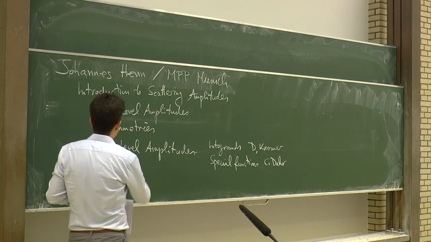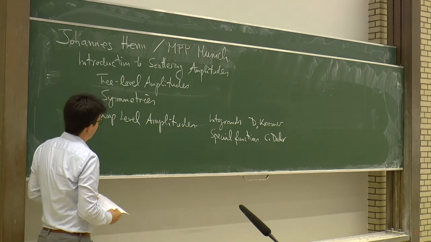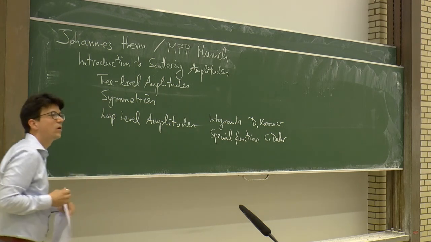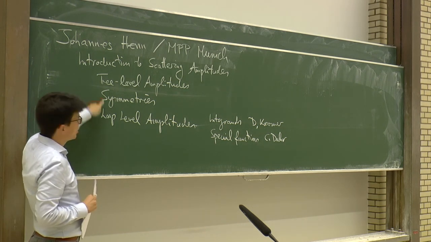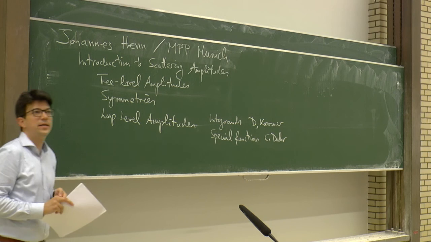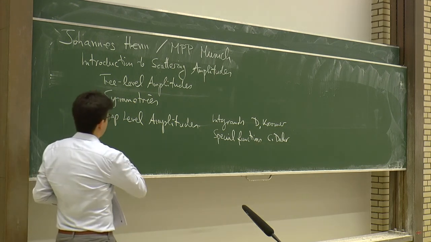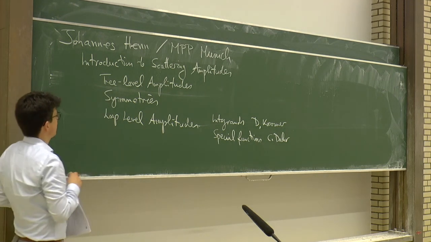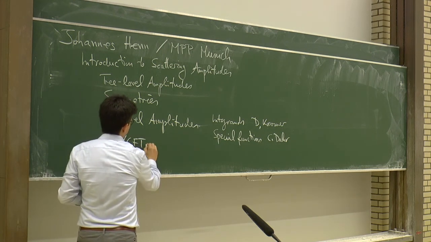At any rate, this will then be connected to another topic, which is going in the direction of theories that have more supersymmetries. So in fact, all I mentioned here is applicable in principle to any QFT, including QCD and the standard model. But it turns out it can be very profitable to look at, if you wish, toy or textbook theories. And if you go into the realm of supersymmetric theories, then there's the topic of so-called AdS/CFT and holography,